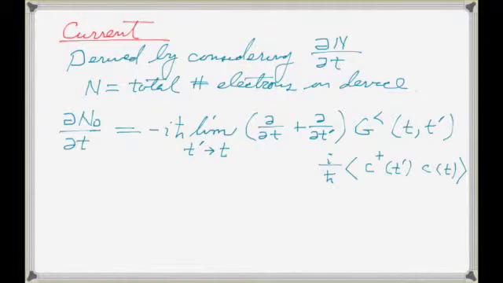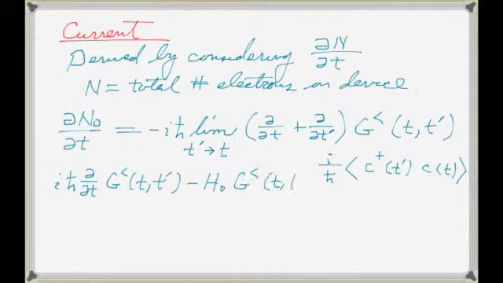So the way this is evaluated is you look at the equation of motion for G less than, and I'm going to have to jump ahead since we haven't had time to derive the self-energies in this expression, so I'll just write it down. So i h-bar d/dt of G less than of t, t prime, minus H0 G less than of t, t prime is equal to,